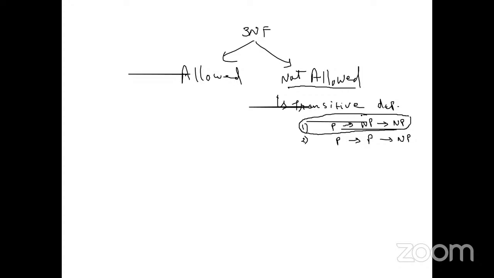Which non-prime? This middle non-prime. So when we say transitive dependency due to non-prime, it eventually will have non-prime depends on non-prime. And hence the conclusion is, if any non-prime attribute depends on another non-prime attribute,